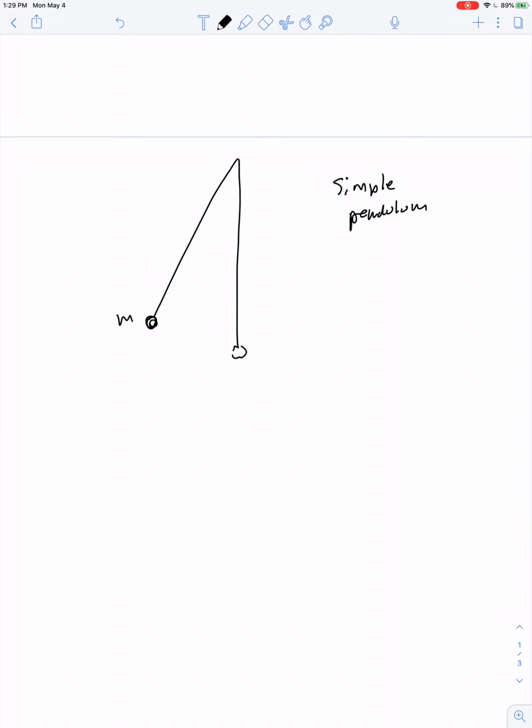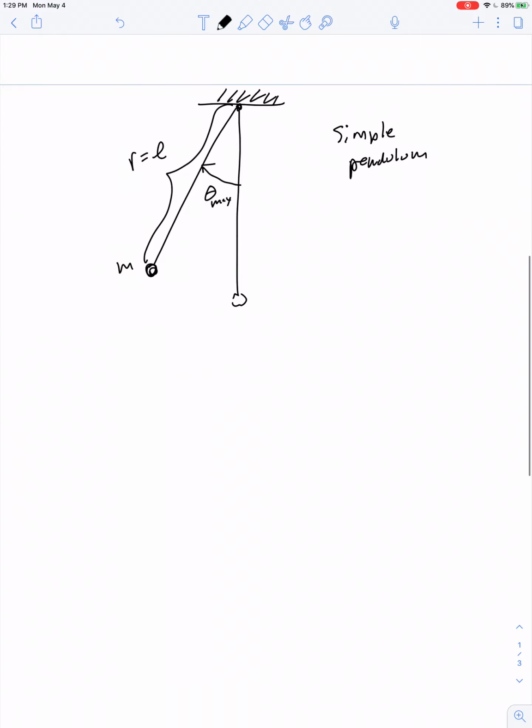How about this? Do a simpler version of the pendulum. Instead of a rod, what if we just took a point mass and hung it from a string? So this is what we mean by the simple pendulum as opposed to the physical pendulum. So we've got a mass of m sitting at a distance of r, where r is nothing more than the length of the string from some hinge at the top. We pull it back some initial angle theta max, and we apply